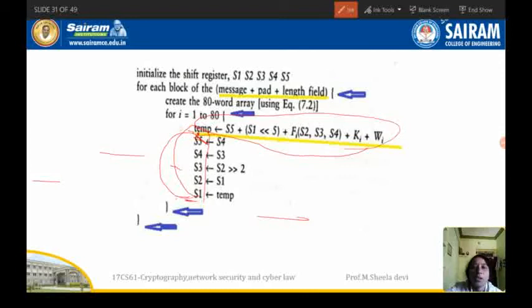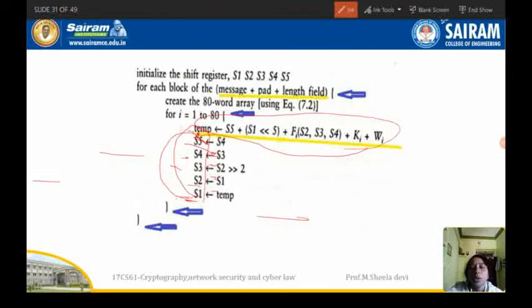register. So all these are nothing but what I showed in the diagram, that is, the value saved in the S4 shift register will be given to S5, and S3 will go to S4. Whatever the value we have stored in S2 will go to S3, but after shifting it by 2 bits. Then S2 is nothing but the value stored in S1.